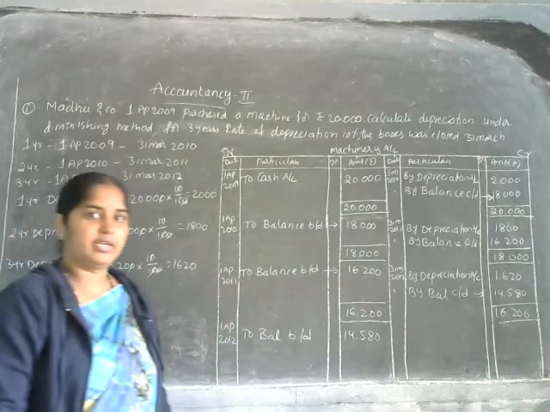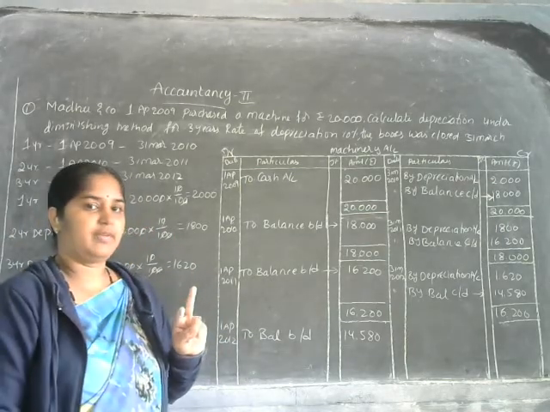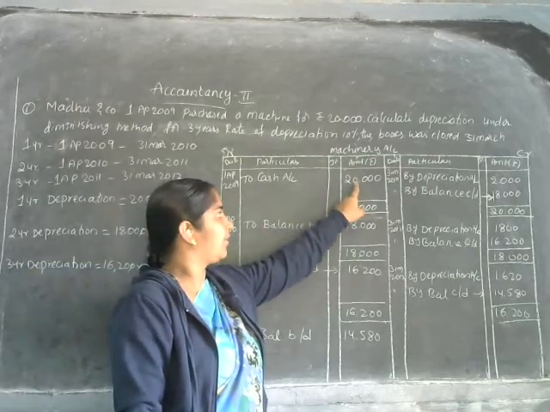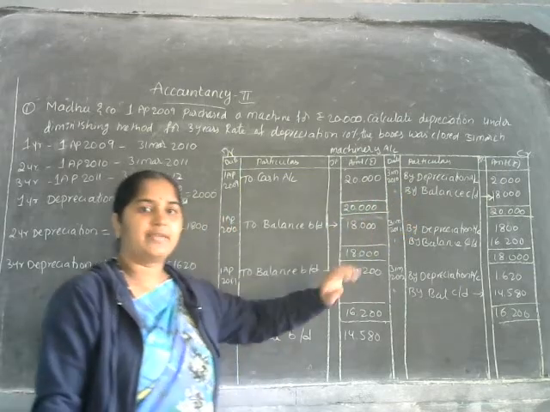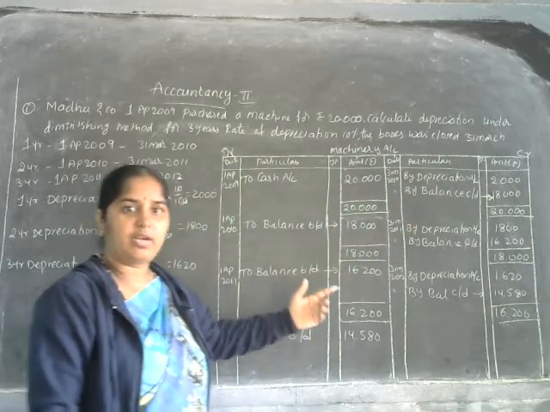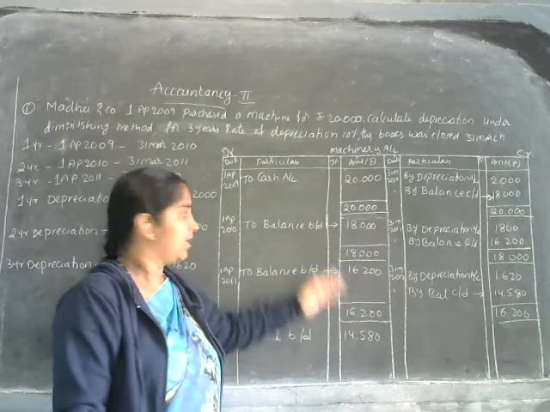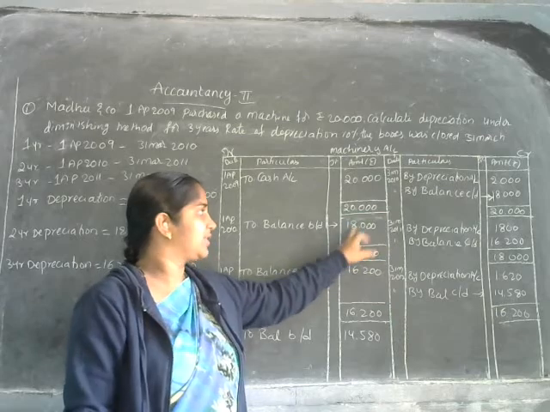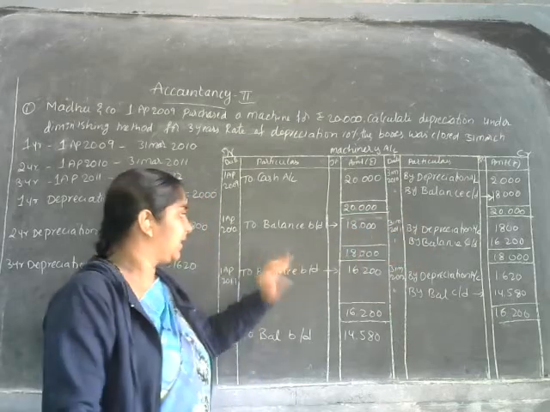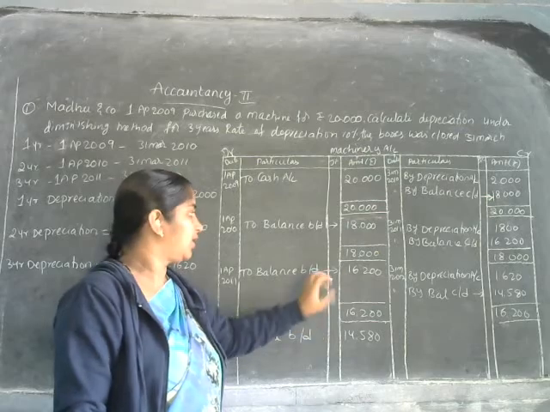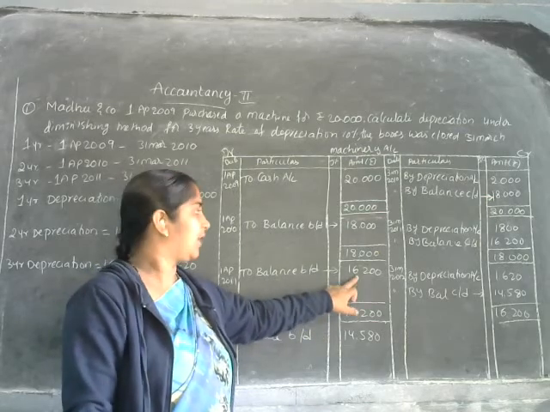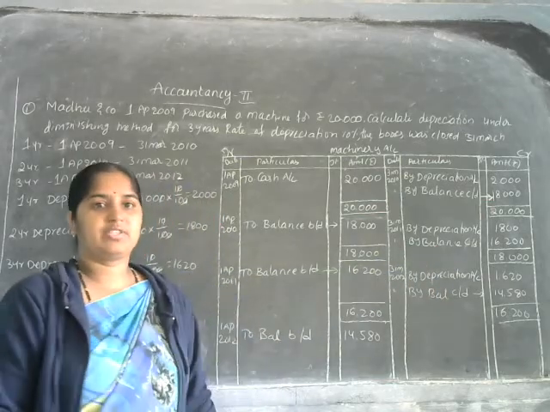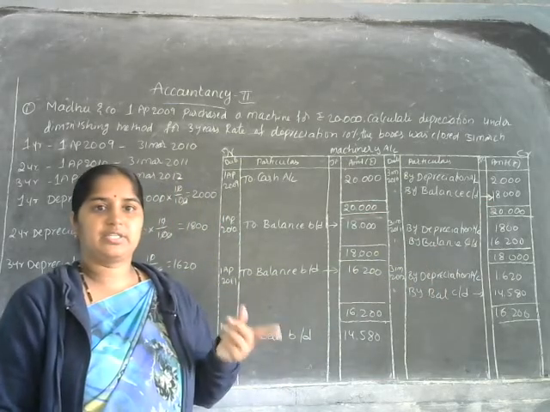Okay. Now observe here. What are the 2 points we have to identify? Depreciation we have to calculate first year on the cost of the asset 120,000 2,000. Is it right? And for the subsequent years, how to calculate on balance brought down amount. So second year, what is the balance brought down amount? 18,000. On 18,000 calculate depreciation 1,800. Is it right? And in third year, what is the balance brought down amount? 16,200. So calculate 10% depreciation 1,620. That is the first point. What is the second point? Every year the depreciation is going to reduce.